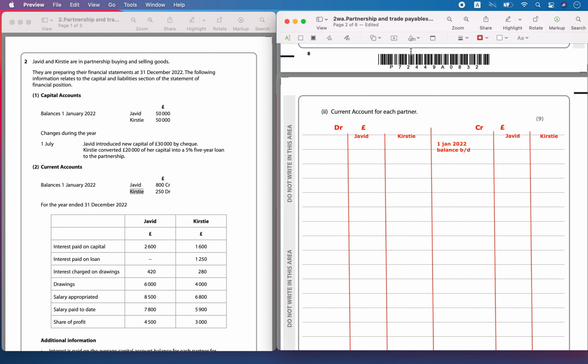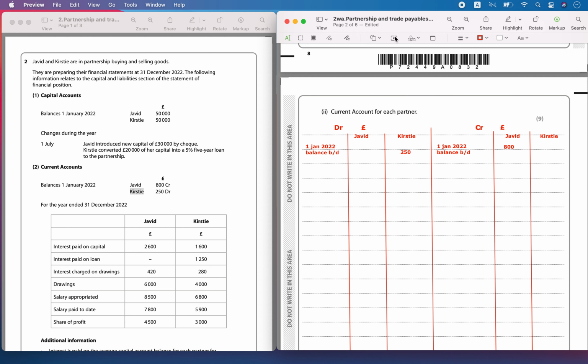Now, the beginning balances for Javid was 800 credit, and for Kirstie the balance brought down was 250 debit. Then we have to include